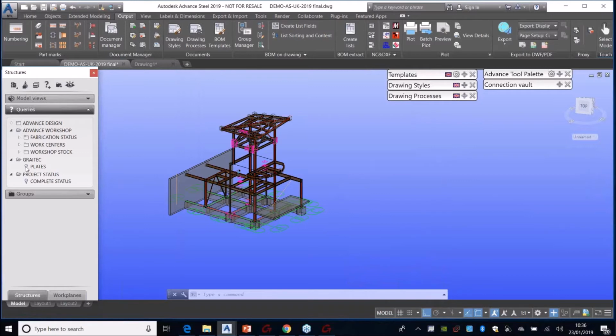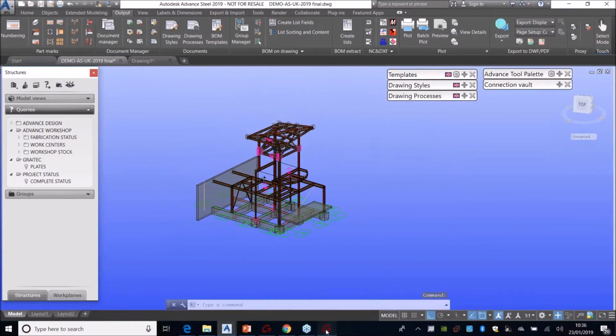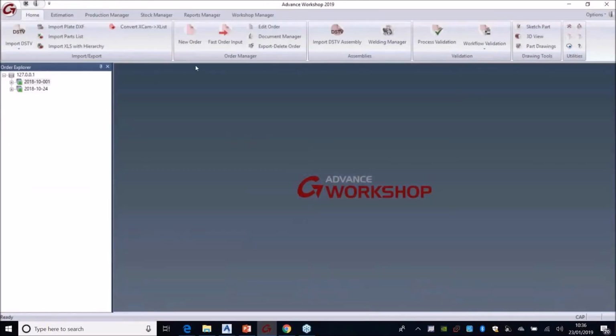So once you receive the data, how would you run your nesting, your purchase orders, coordinate the members to specific departments in your workshop, paint or various machines, and we'll just take a look at what's the true purpose. Why would you use this? Now, I'm going to open up here. We'll close the viewer. I'm going to open up Advanced Workshop, and we'll take a look at how we can